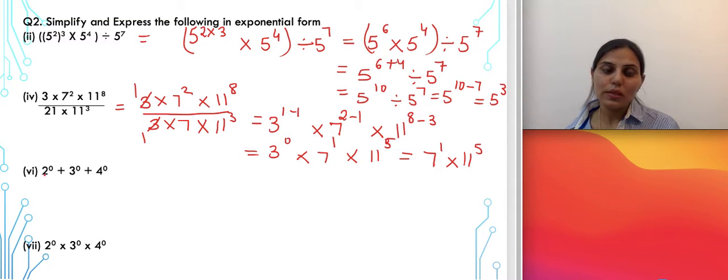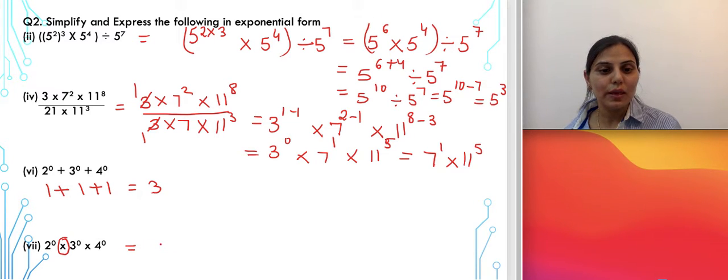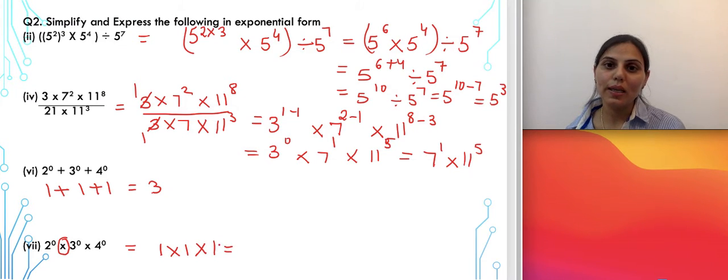Now in the next question, this is very simple. Anything raised to the power 0 is 1. So we can write this as 1 plus 1 plus 1, which is equal to 3. And in the question number 2, you are given a similar question, but here the sign is multiplication. Students make a lot of mistakes while solving these kind of questions. Sometimes instead of multiplying, they add the 1, 1 and 1. So here if you see, it will be 1 multiplied by 1 multiplied by 1, which generally I have seen the students write the answer as 3. Please be very careful. You are multiplying ones here, you are not adding them. So 1 into 1 will be equal to 1.